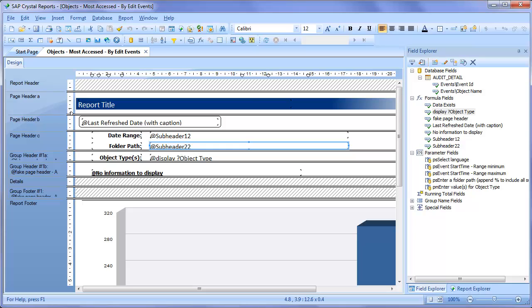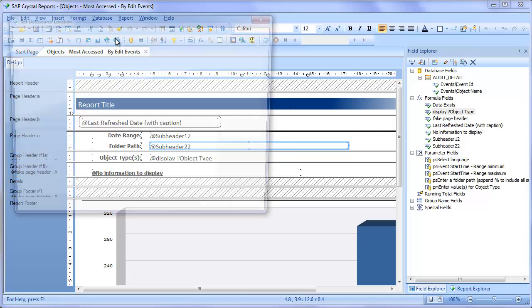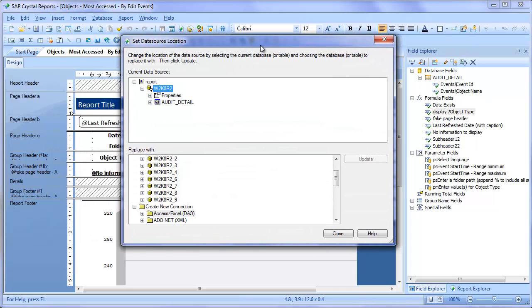If we have a look at Crystal Reports, this is Crystal Reports 2011, and I've opened one of the audit reports supplied by SAP. I'm able to open the report in Crystal Reports 2011, but I cannot set the data source location to a UNX file. So what I mean by that